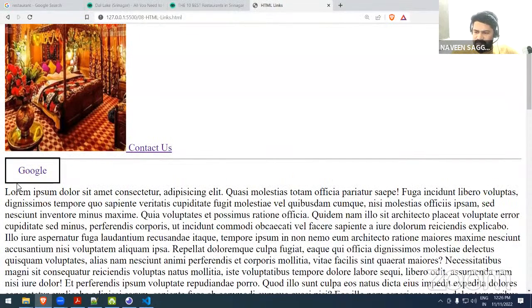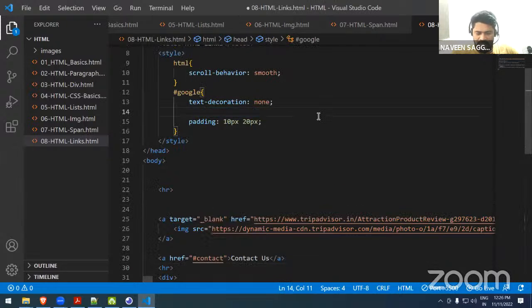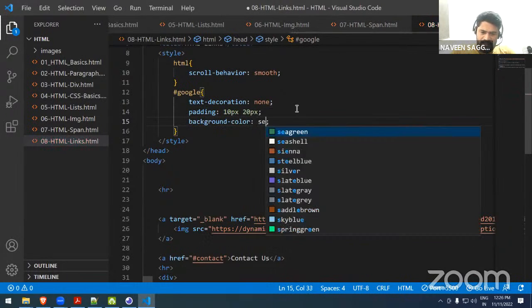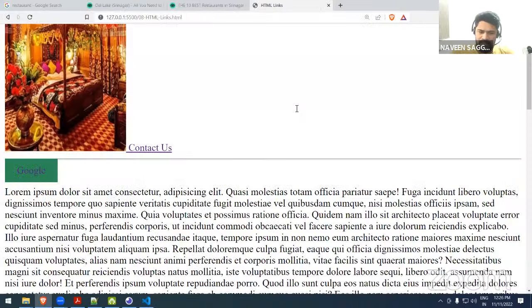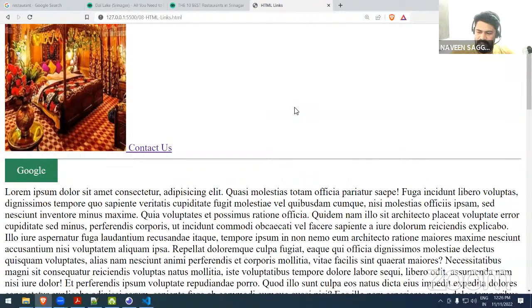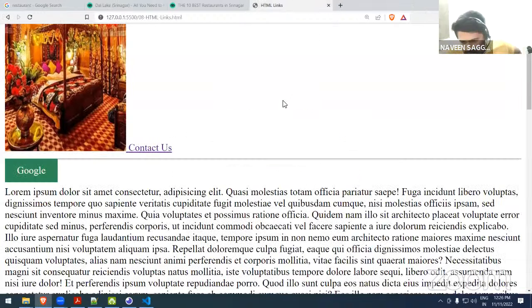Okay, so if you don't like the border, you can remove it. Just give some background color, green, and color white. And what else? Yeah, it looks like a button. If I click on this, it goes to Google. So you can do whatever with CSS. So yeah, that's about